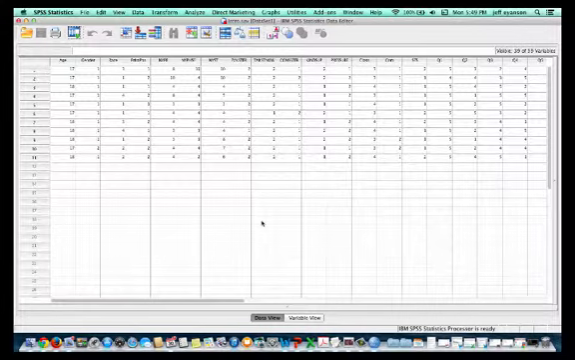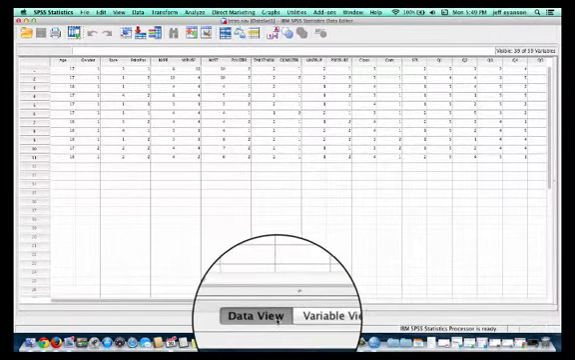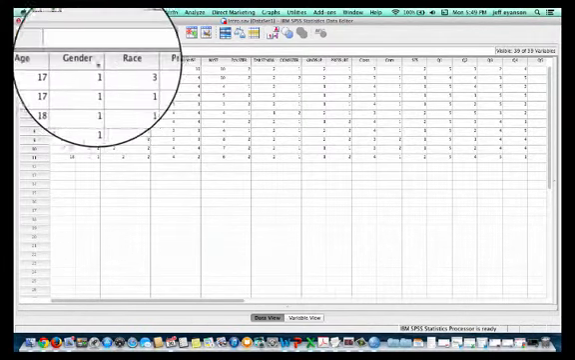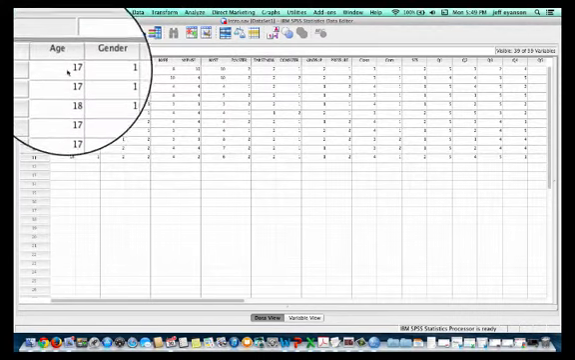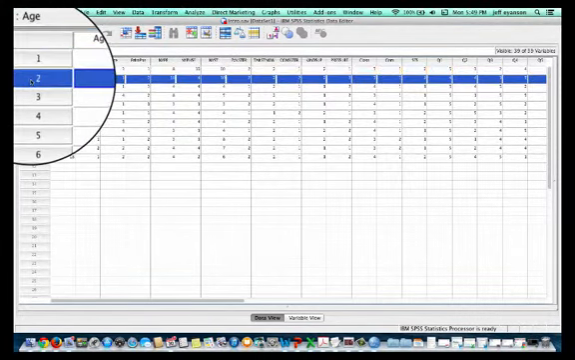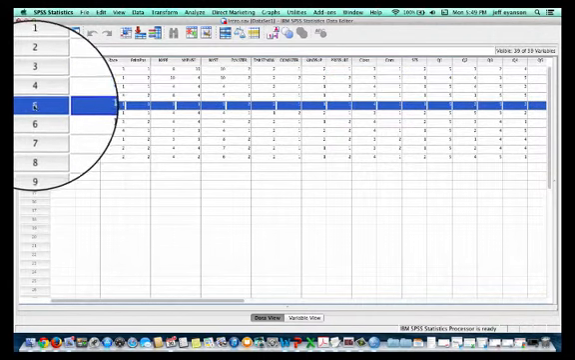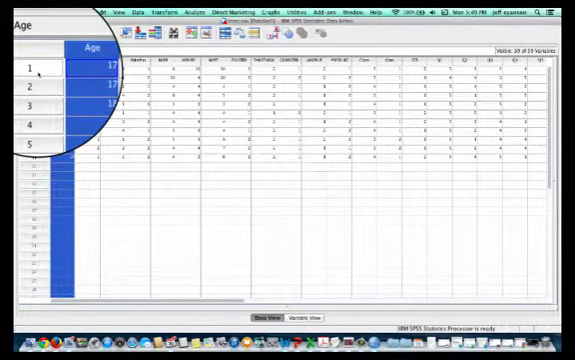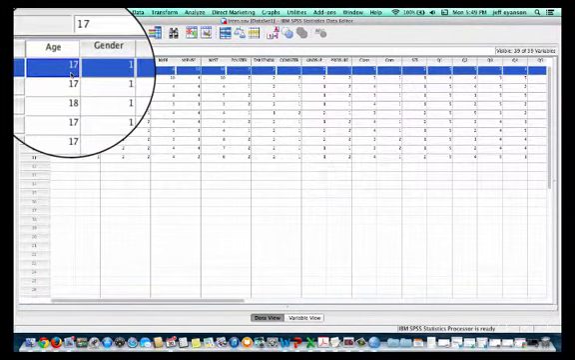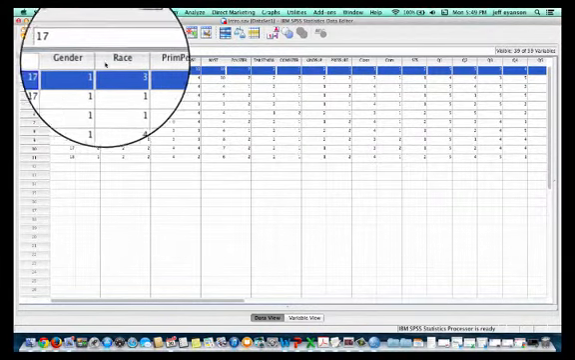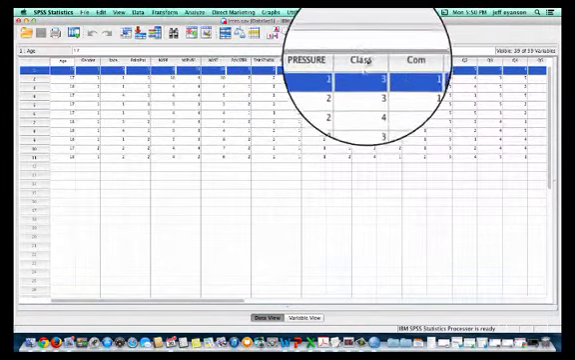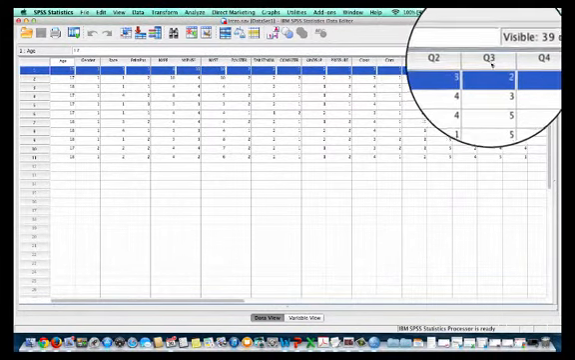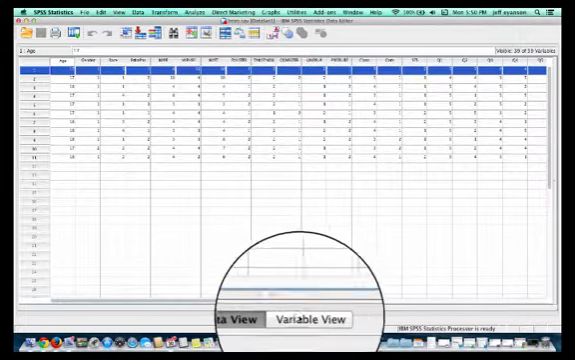You can see there are two separate views. If you go to the bottom here, data view is where you'll put the data. It looks almost like an Excel sheet. Here are your labels at the top. Here are the data. Each one of these is a participant. Going down, this is the age for participant 1, this 17 right here. Gender, race, primary position, class, and then you see Q1, Q2, and Q3. These are the questions that were asked. We go to the variable view,